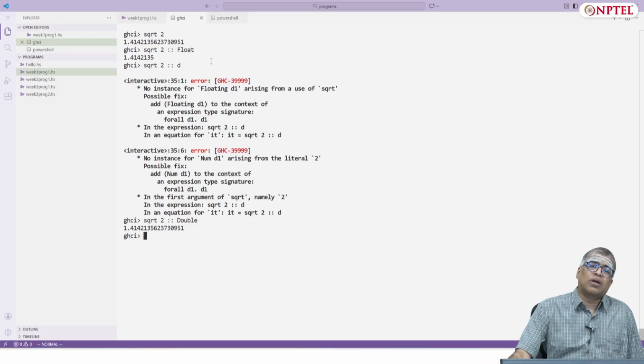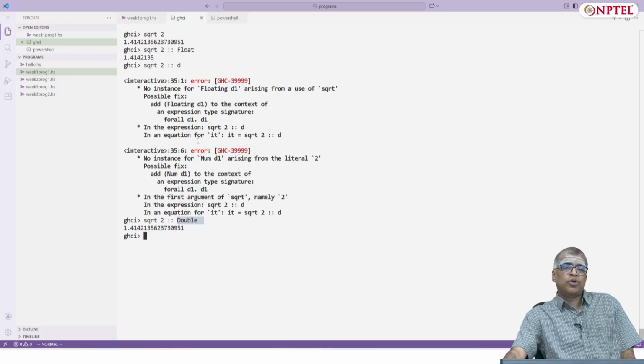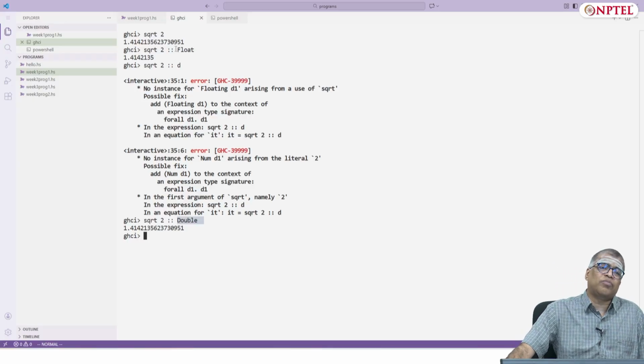Float stands for floating point and double stands for double precision. These are terms that come from computer architecture. You don't need to worry about it. Just think that float is some way of representing numbers with decimal points, and double is a way to have more digits after the decimal point.